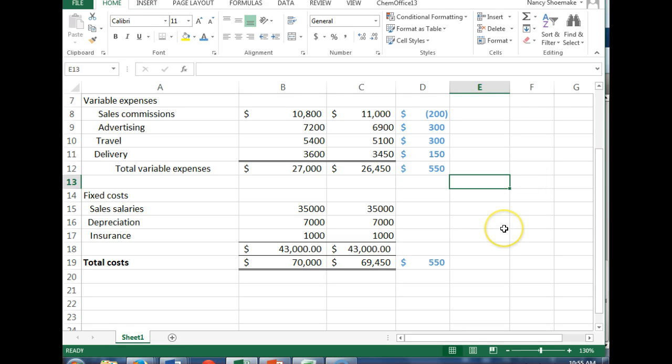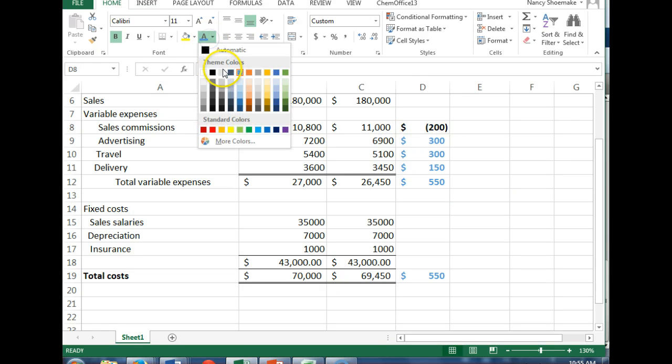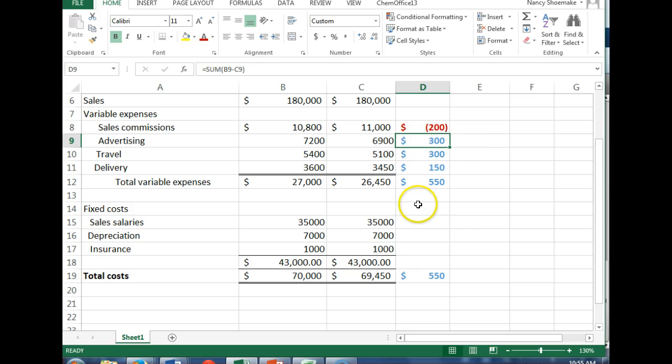I'm sorry, what? The first example was unfavorable, excuse me. This one here is unfavorable. You're right. That one is unfavorable, but all the others are favorable, which ultimately leads to a favorable variance of $550. Okay? So at the 170,000 of sales, the manager was way over the budget. But at 180,000 of sales, the manager was under budget. Favorable. Any questions on this before we